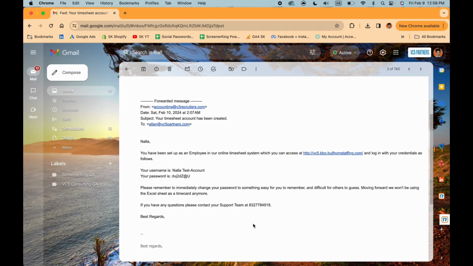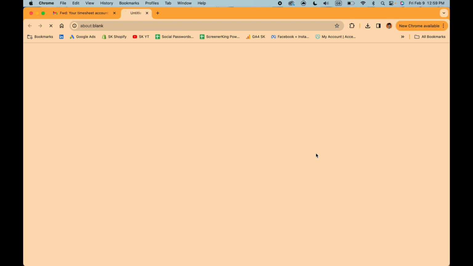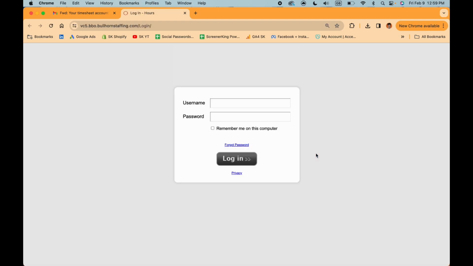The first step is to check your inbox for an email from accounting@v3recruiters.com, and it should look a little something like this. The email will contain a link to BBO as well as your generated username and password that you're going to be using to sign in to BBO. Once you're ready to submit your hours, click the link provided and enter your given username and password to access